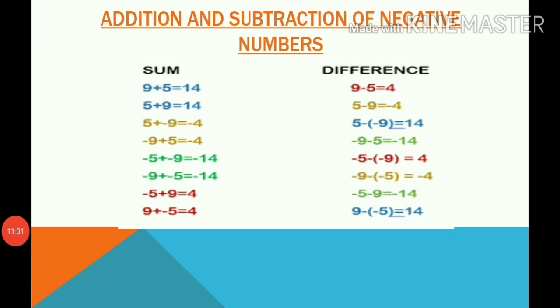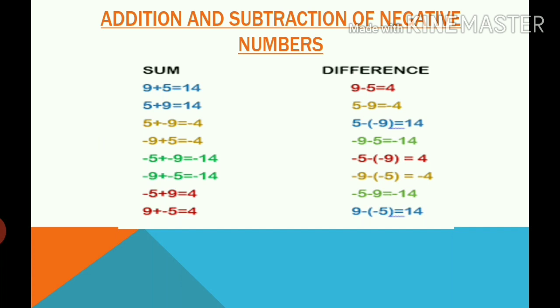Okay, here minus 9 minus minus 5 is equal to minus 4. Minus 9 minus minus will become plus, so minus 9 plus 5 is equal to minus 4. Minus plus is minus, you will subtract 5 from 9 and you will get 4. You have to write the sign of the bigger number, so with 9, here it is minus sign, so you will write minus sign with 4.